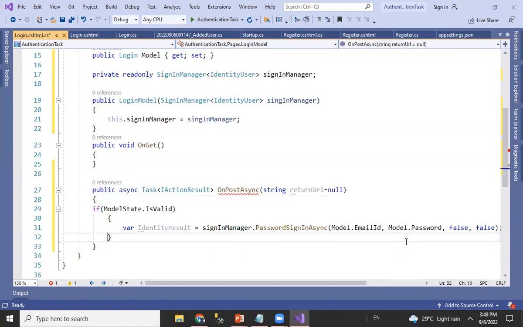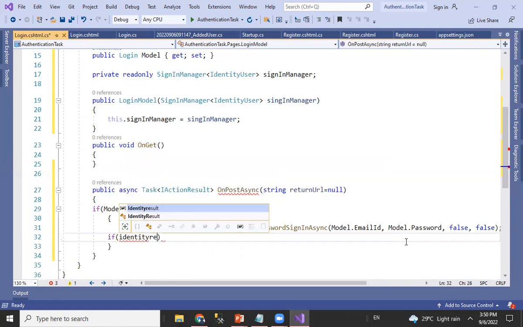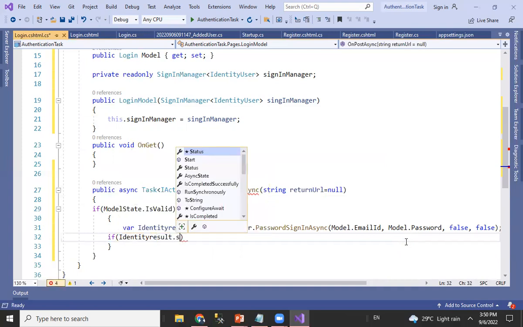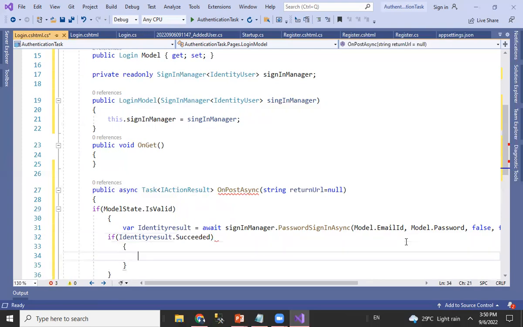Now obviously, the IdentityResult, you're going to get it as succeeded. Okay, success. Now let's see why we are not getting this one: because we have not taken await here. Await we need to take. And after this you can take Succeeded here. So if that is succeeded, what you want to do is redirect. You need to return